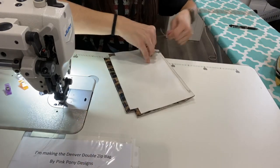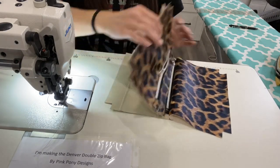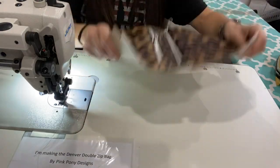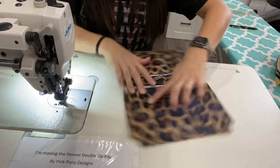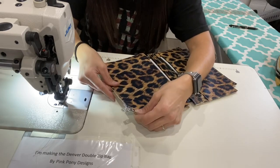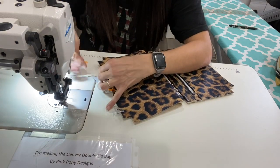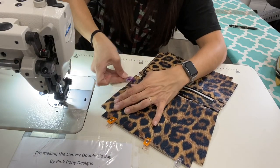Okay. Same thing. We're going to close. Oh, it's already closed. We're going to open everything up and top stitch. Your zipper, your top zipper that is, should be in the middle. All wrong sides should be together. And I'm going to go ahead and clip the bottom again in the sides. Just so